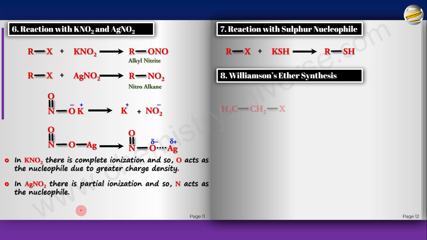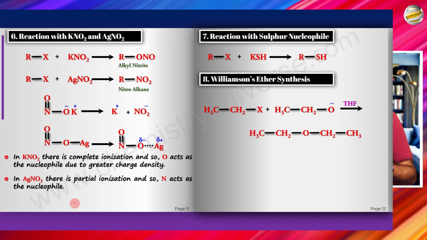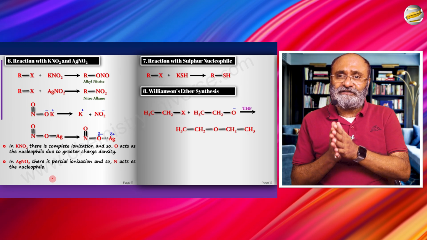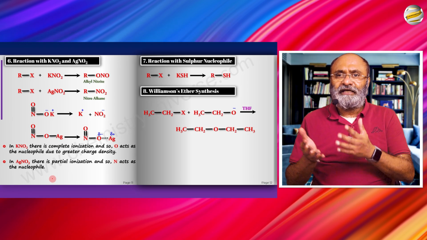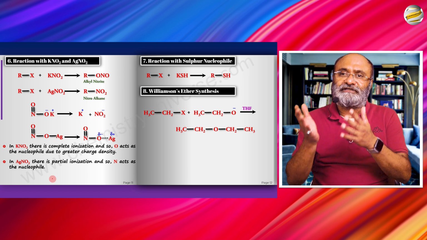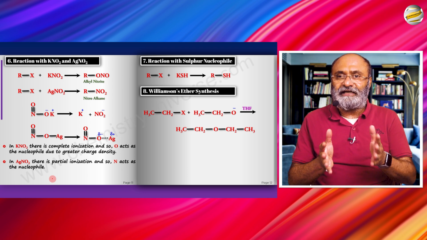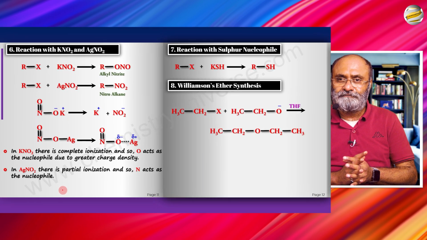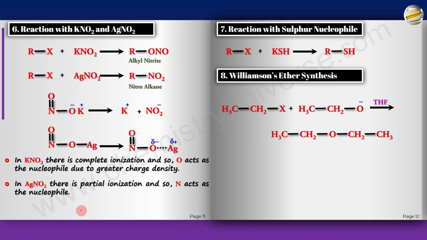Now this is very simple. Alkyl halide, alkoxide, and you have THF as solvent, and you will get ether. This is the same thing that we did with dry Ag2O. First the oxide attacked the RX and formed alkoxide. In Williamson's ether synthesis, we are taking alkoxide ready-made and making it react with RX, and it will again give you the same thing, ether. And remember, since we are using THF as solvent, there is no question of SN1, you'll only have SN2. So we will always make sure that those alkyl halides are chosen which can do SN2. But if you take